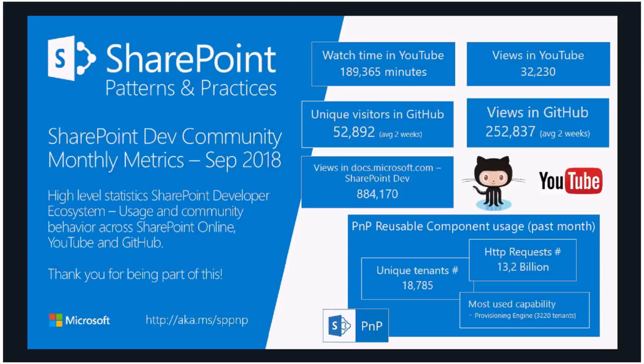In the docs.microsoft.com, we had 884,000 views. So we're slightly below the 1 million. We're targeting to hit the 1 million at some point. We'll see when we get there. On the PnP reusable components site, we have 18,700 unique tenants using those components, more than 13 billion HTTP requests generated. And the most used capability, once again, was the provisioning engine used by thousands and thousands